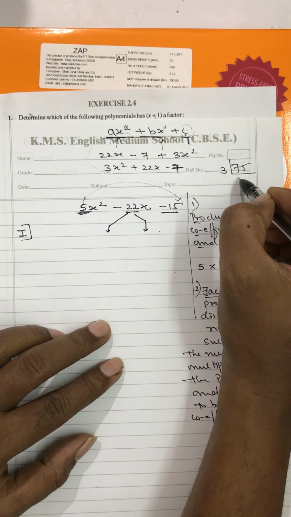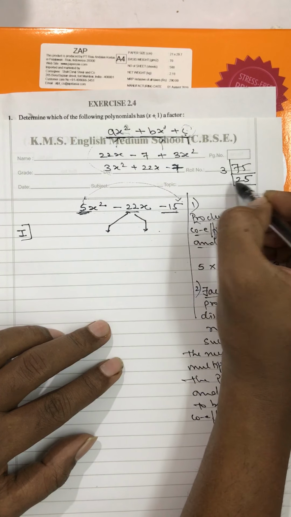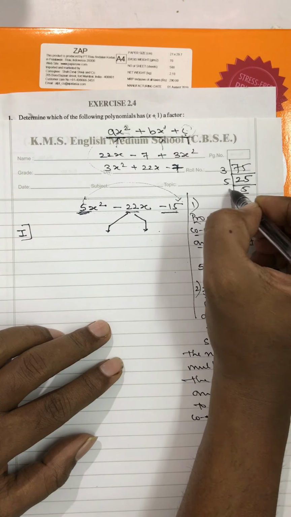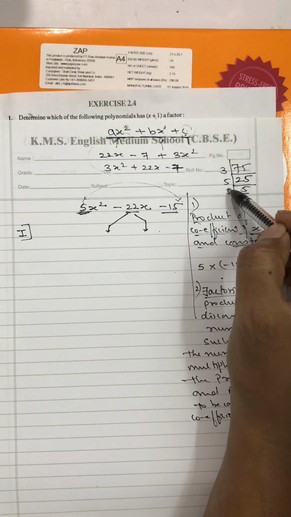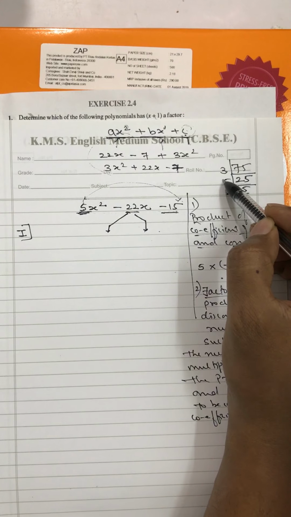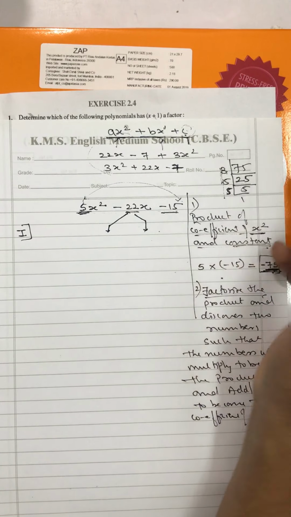3, it is going by 3, 3 2s are 6, 3 5s are 15, fine. Then I get 5, 5s are 25, 5 1s are 5. Now here there are many numbers. See, you can see 3 into, this is 5. 3 into 25 will give me 75. 3 5s are 15. Means I have to take the combination.